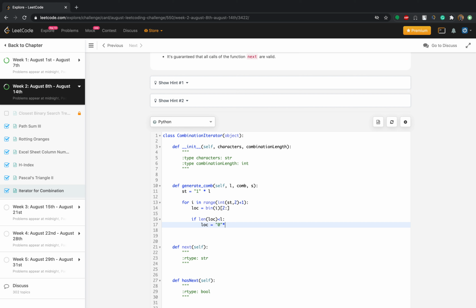Into L minus length of the local variable. So LOC here is local, and then you add the local. So once you get this, you just need to count the number of 1s here. To count, we use the default count value. So count 1,